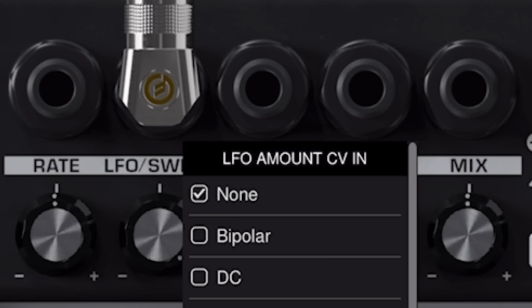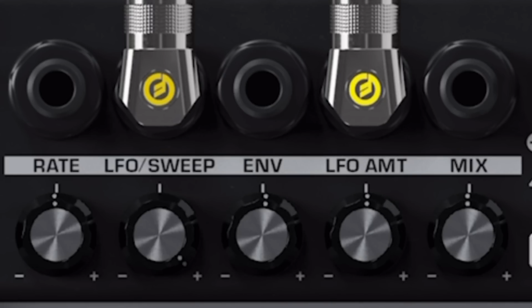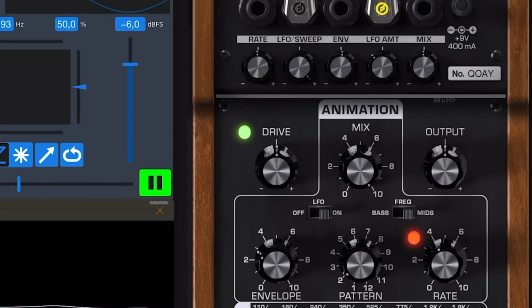When we do that, we're basically sending a constant signal. As you can see, it's lighting up and it's staying lit, turning this knob into a control knob. So now we can control the amount of LFO. And if we turn this back to a percussive sound,